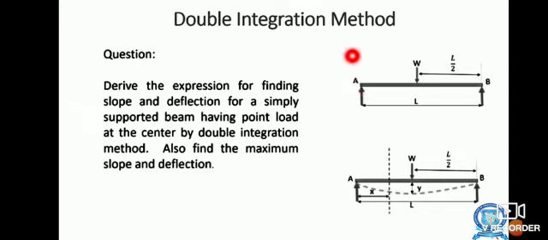So listen, that is the diagram. A simply supported beam A and B, where the W load, a point load, is acting. The distance between the load and B is L by 2, so the total distance is L. You can see the second diagram. A and B is the length of the beam, W point load is acting, and the X distance is marked. The dotted line shows the X distance, and the maximum deflection will be found at that point.